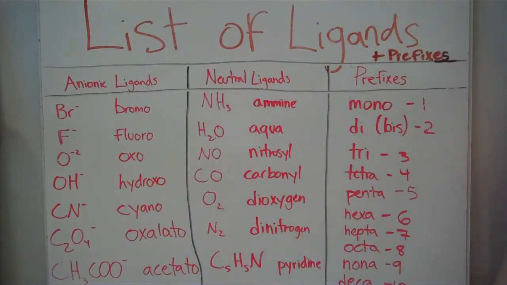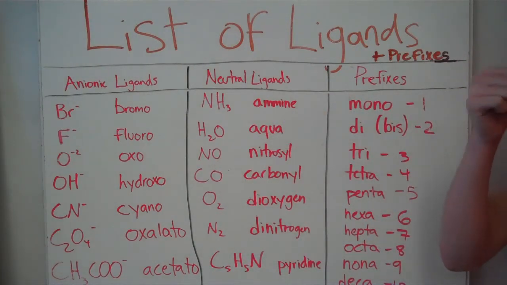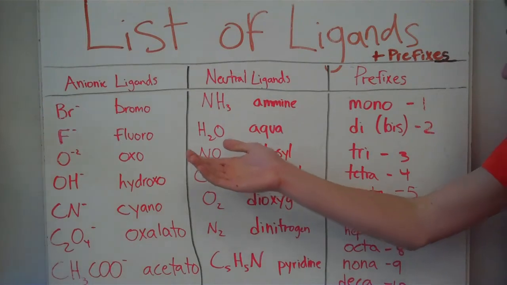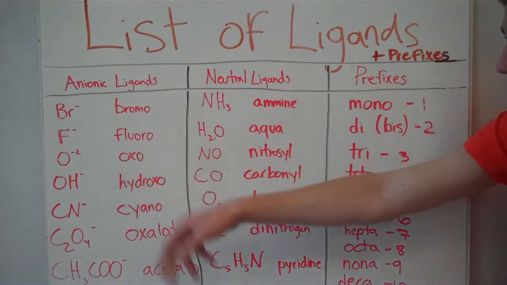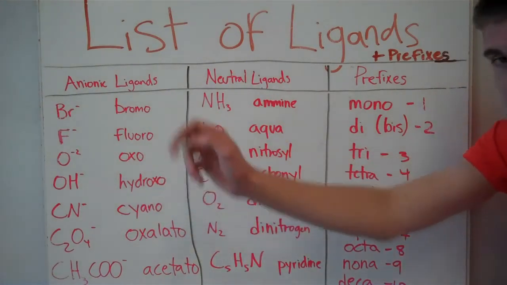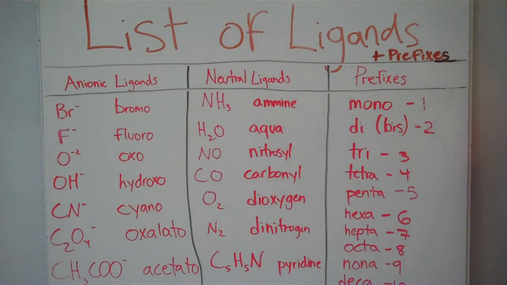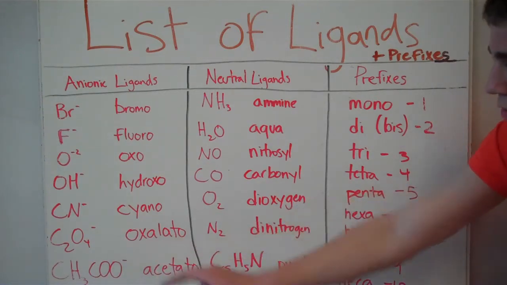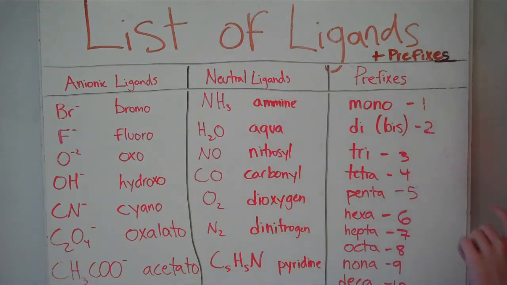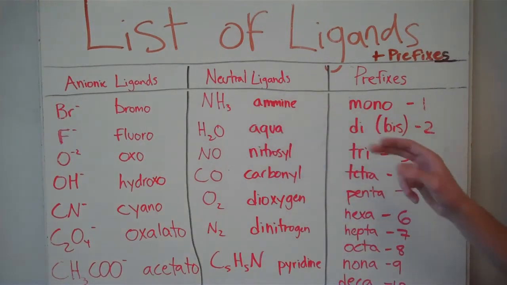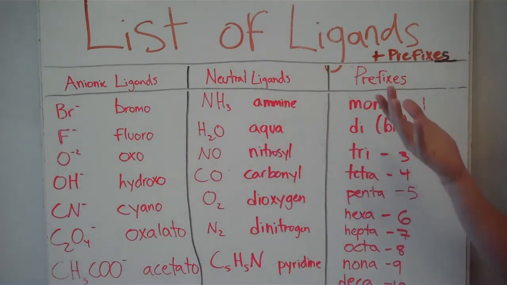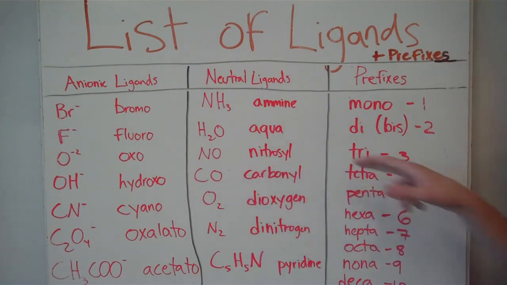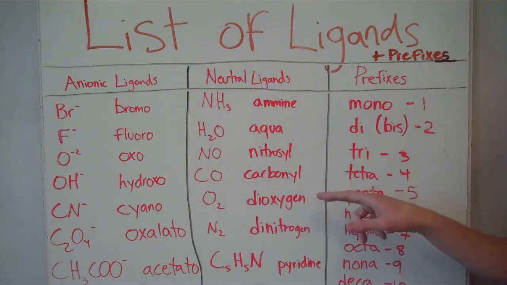So, each ligand has its own unique name. Some of the anionic ligands are pretty easy to name because they're just like their normal name. Like bromine just goes to bromo, fluorine goes to fluoro, oxygen goes to oxo. Pretty basic. And this goes to oxalato, if that's how you pronounce it. Ammonia goes to amine. So some of them change. So ammonia goes to amine, water goes to aqua, nitrogen monoxide goes to nitrosyl, carbon monoxide goes to carbonyl,